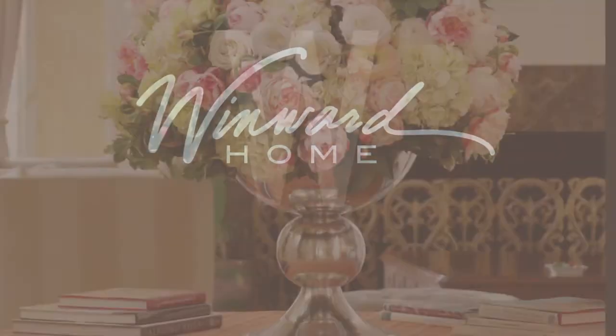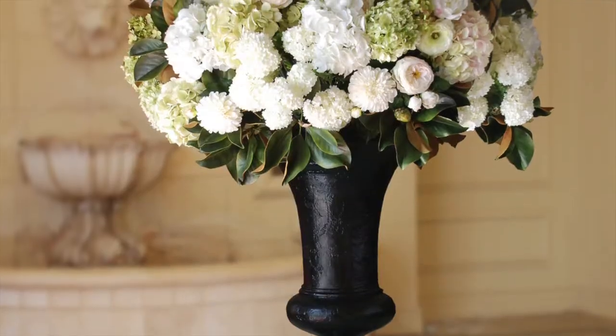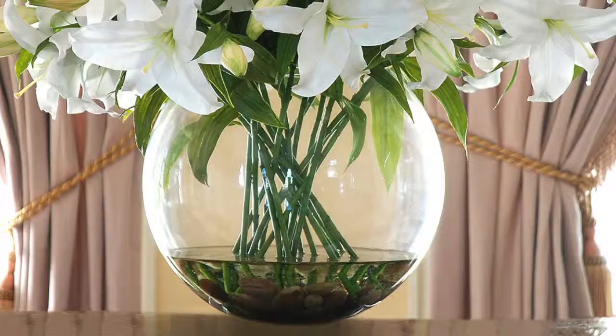Winward Home presents a look at how the most realistic, permanent flowers available today are created. These flowers are used in the elegant designs shown here, and in hundreds of other beautiful permanent floral designs from